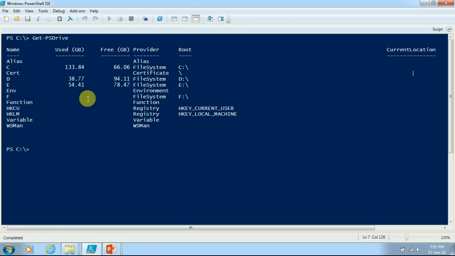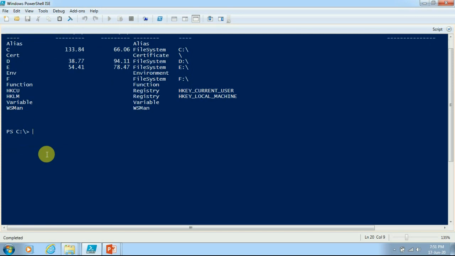So currently you have seen all the related cmdlets using which we can manage the PS drives. So what if I want to manage the contents of these drives, like if I want to manage any item or item property? To do that one, I will have to use different cmdlets.